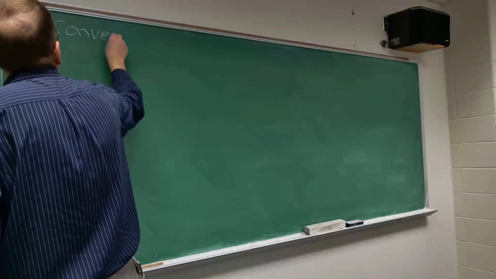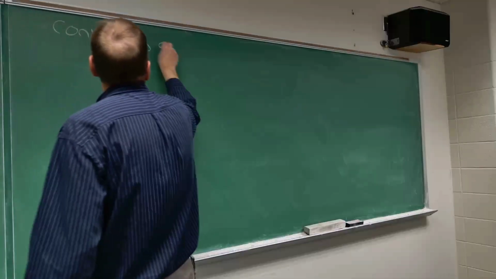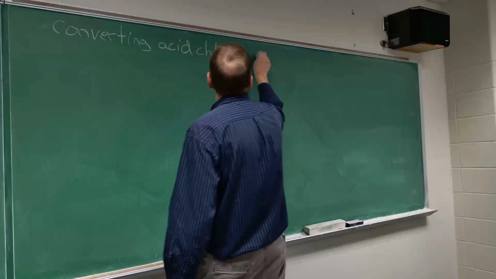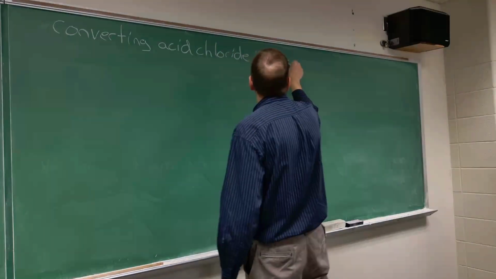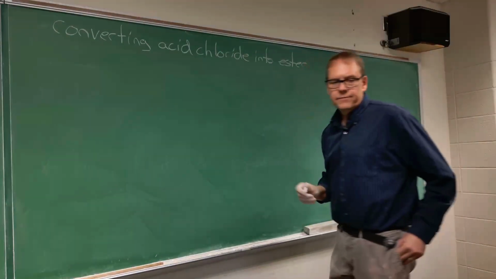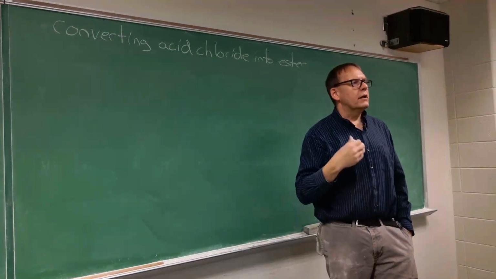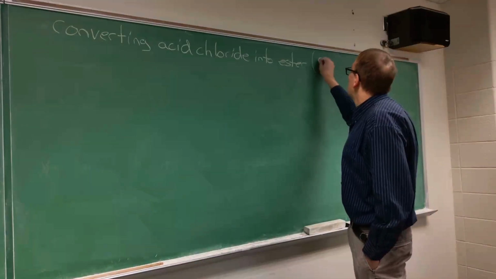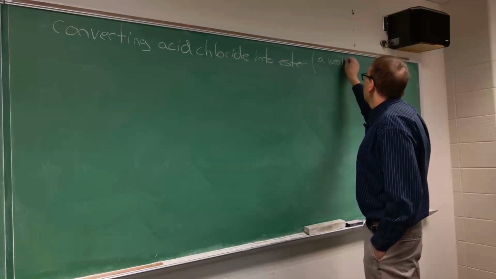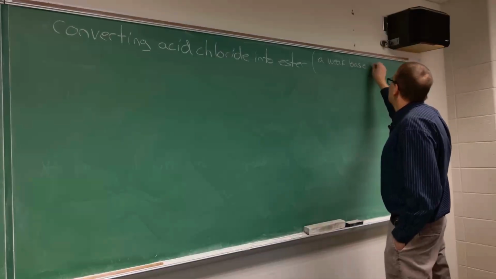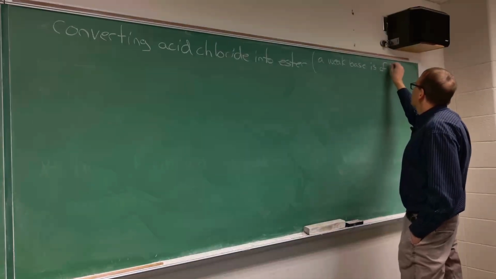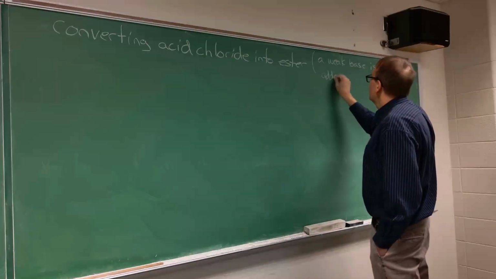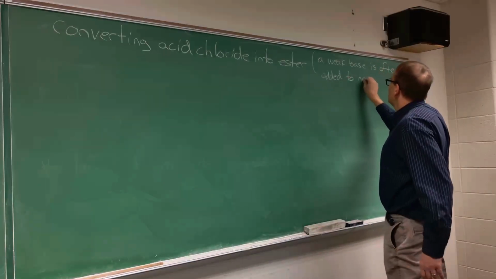This is converting acid chloride into ester. And one of the things that's a little different about this one is that oftentimes a weak base is added. A weak base is often added. You don't necessarily have to add one, but it's often added to